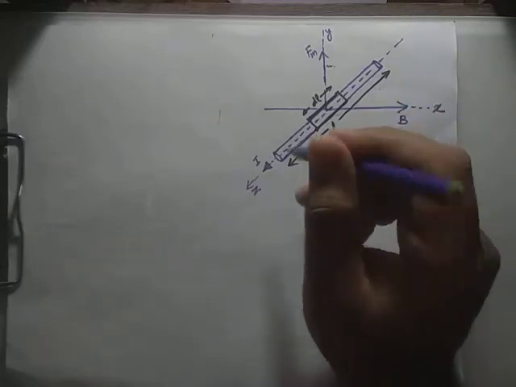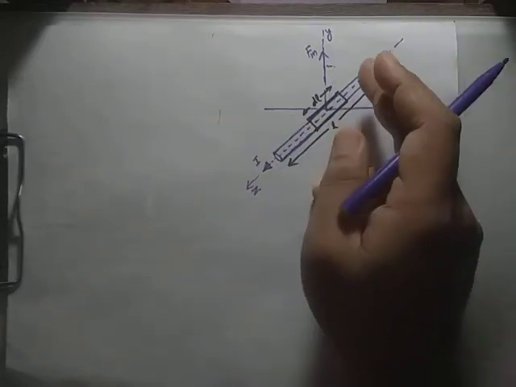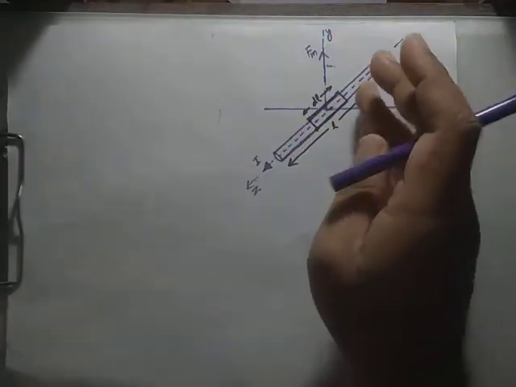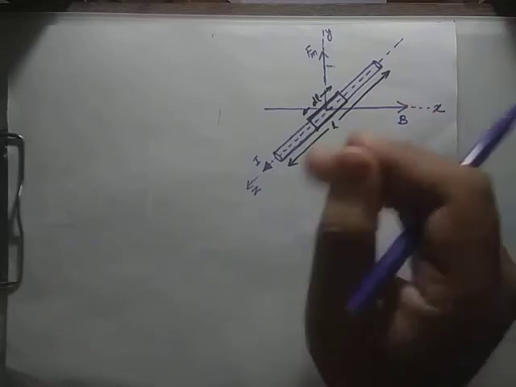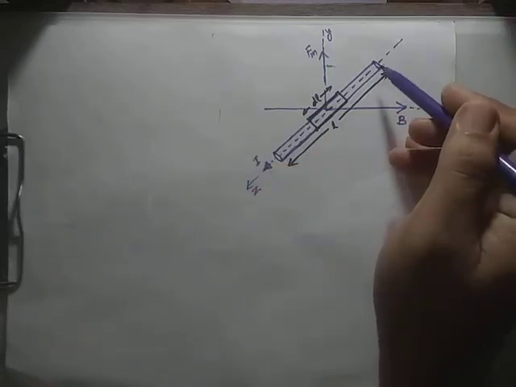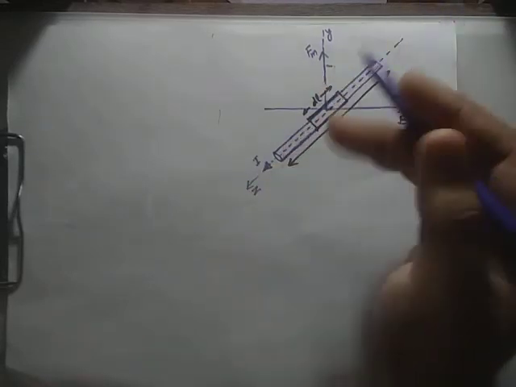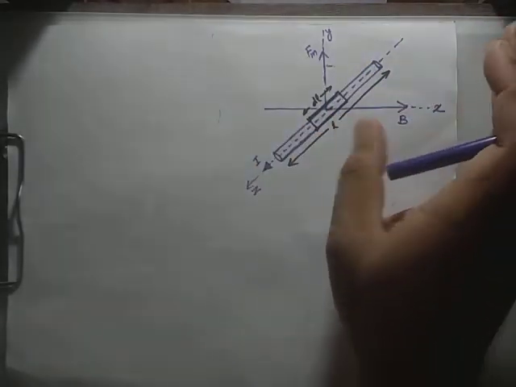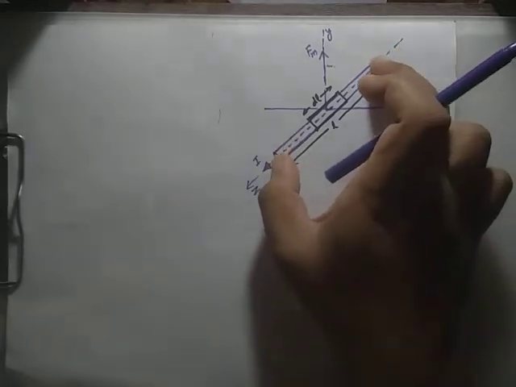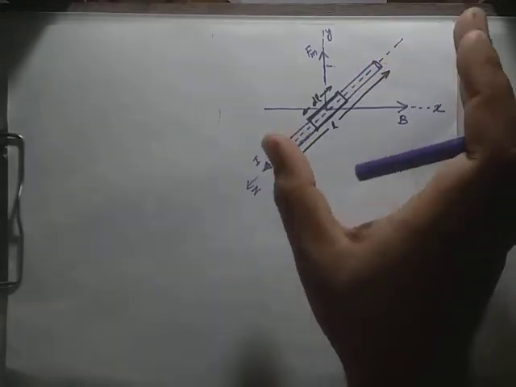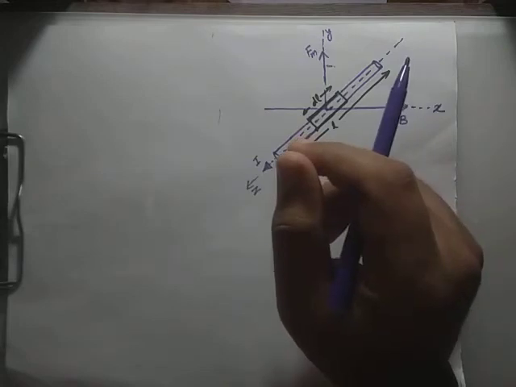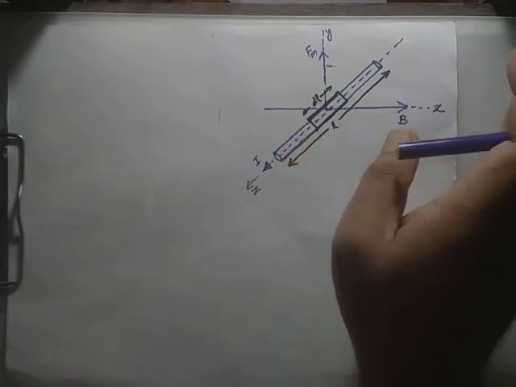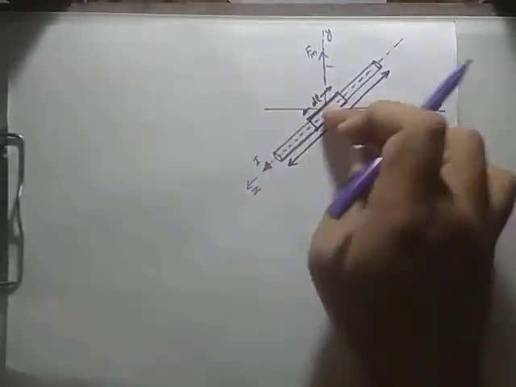As you know, as current I is passing through this conductor, a huge number of electrons are moving through it. Each moving electron is also a charged particle, so how much force this conductor will experience, that we are going to find out. That is why the name of the topic is the magnetic force on a current carrying conductor placed in a uniform magnetic field. So this is the uniform magnetic field B,